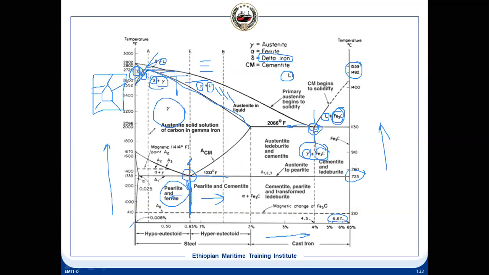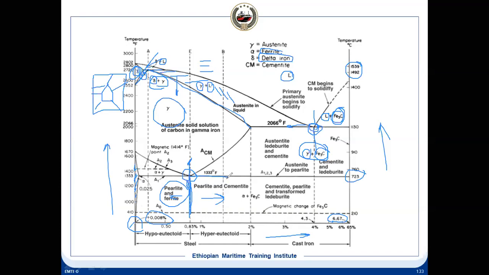Once this is gamma, it's moving down, then what will happen? This side, if you see, this side will be ferrite. This side, the percentage of carbon is 0.008%, very, very less. It will be almost pure iron, which we cannot use in engineering applications because it is a very, very soft material. So this is the ferrite and it is in single phase, this portion.